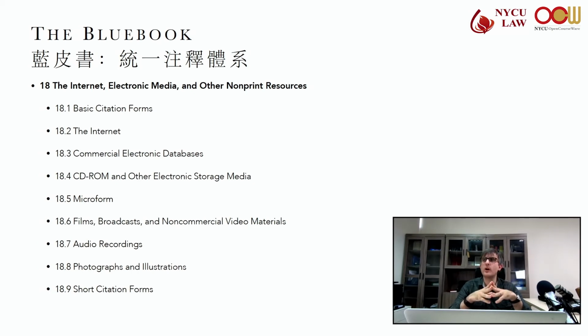So now the URL. Use the full URL. If there's a short link, then you can use the short link. Sometimes it's not so easy to reach the page from a particular URL.